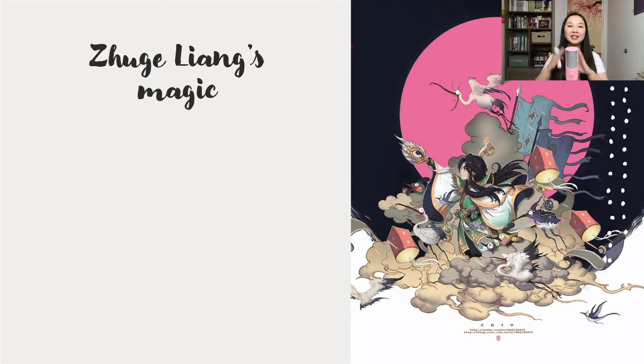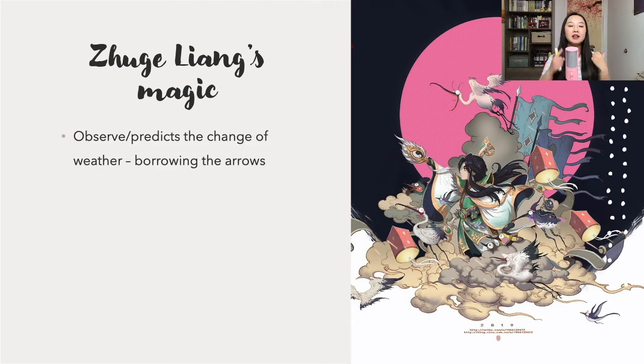And we'll see actually in this battle, 诸葛亮 finally reveals his magical power. He not only can observe and predict the change of the weather, which is most prominent in the scene when he was going to borrow the arrows. He looks at the wind and says, oh, there will be a great mist, a great fog, so I will be able to deceive Cao Cao. I don't have any actual army on my boat, but I will let them think I have brought a lot of army and shoot arrows towards me. So that ability to observe and predict the change of weather is one of the most important abilities